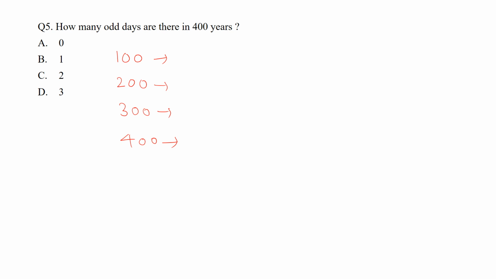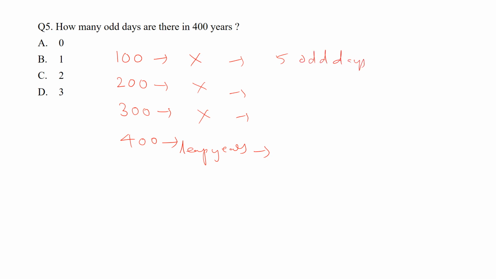If a century year is divisible by 400, then it is a leap year. The years 100, 200 and 300 are not leap years, and we have seen 5 odd days in a period